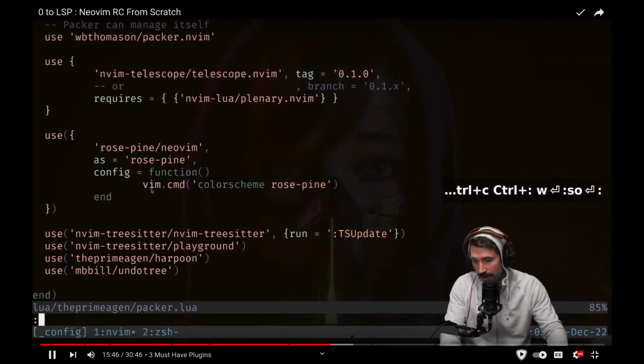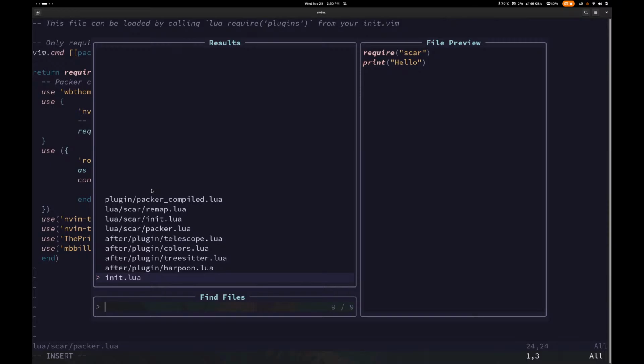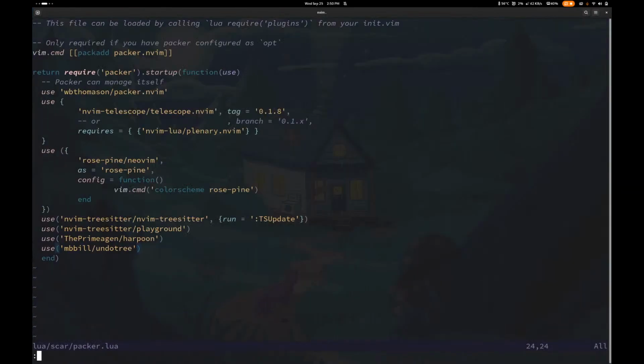Shout it out, packer sync, beautiful, harpoon my way back to harpoon, open up netrw, create undotree.lua,